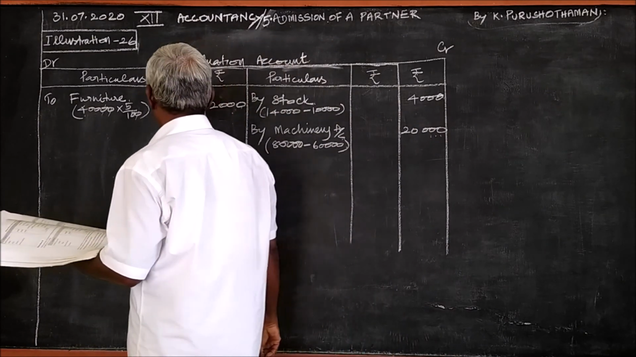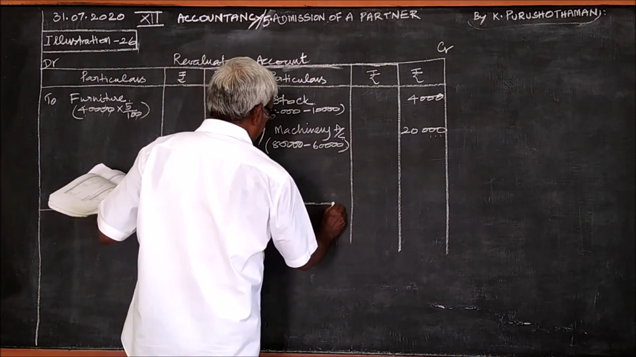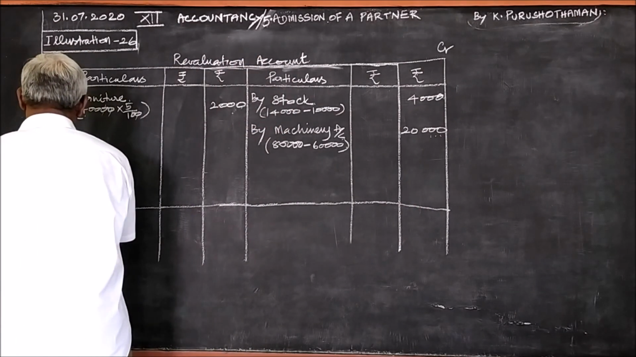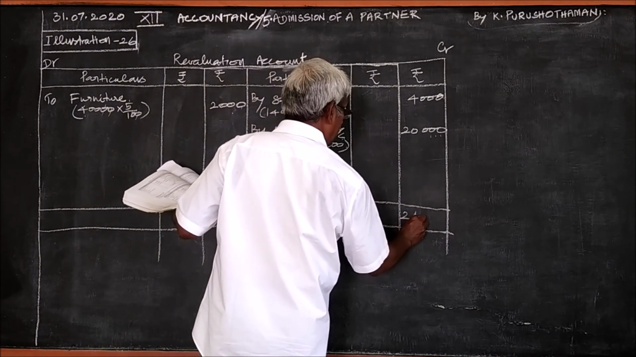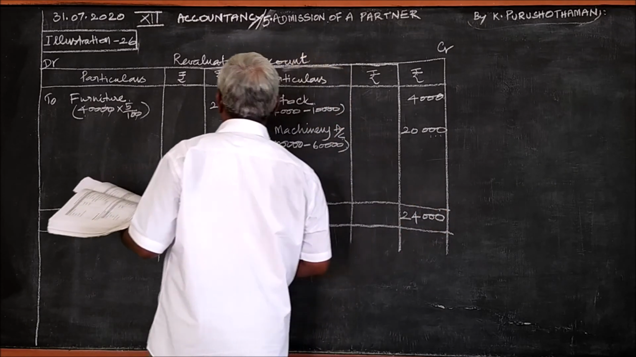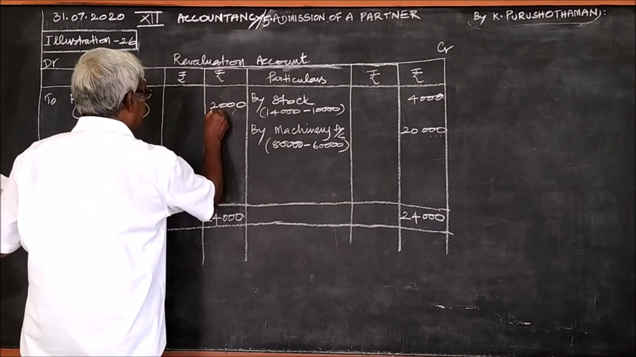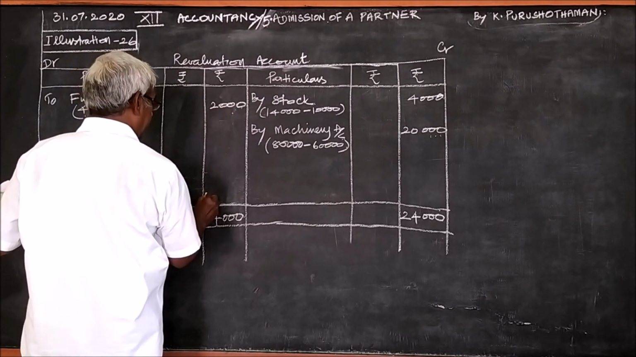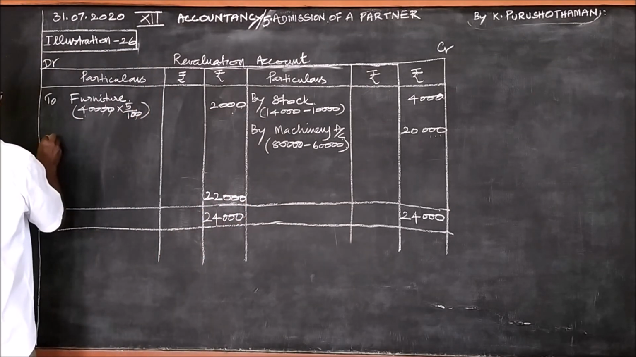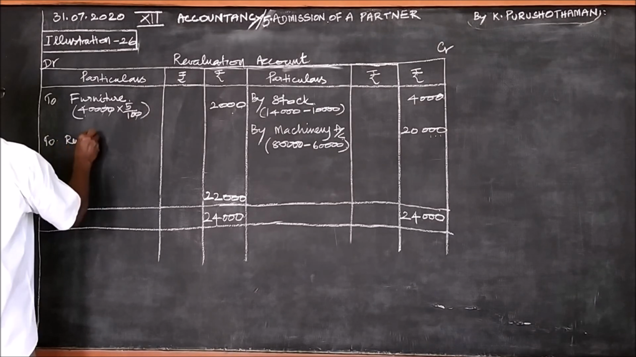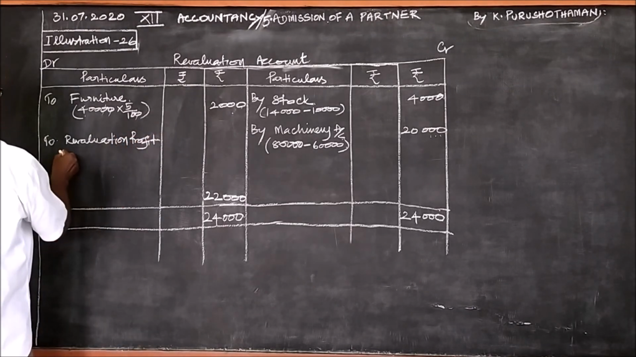With this, there are no other profit or loss items here, so we can close the revaluation account. 20 plus 4, 24,000. Here also the same, because the greater total is 24,000. The balancing figure: leaving 2,000, that is minus 2,000, 22,000 is the balancing figure. Here, to revaluation profits, transferred to